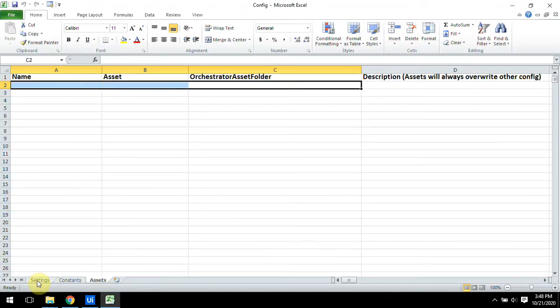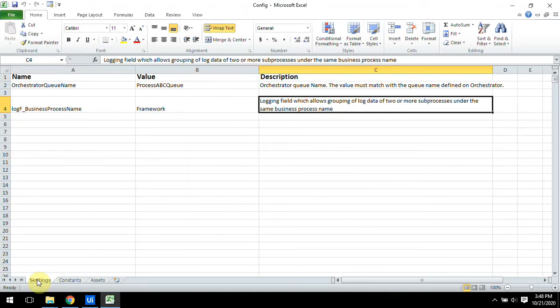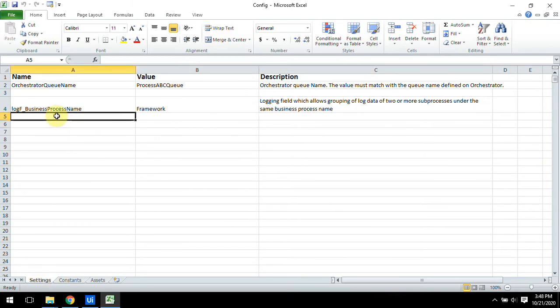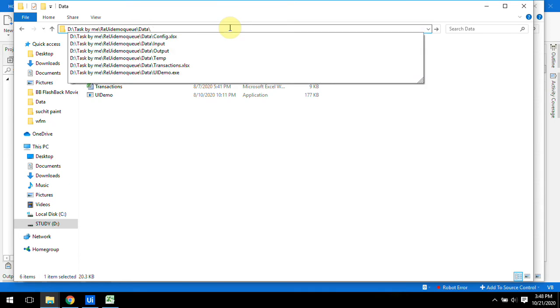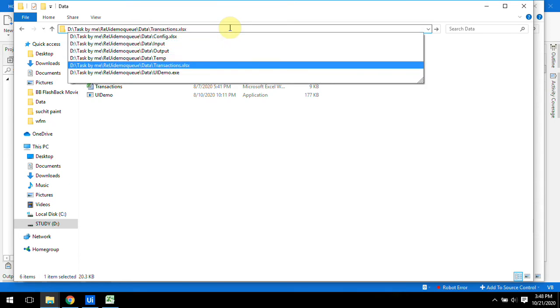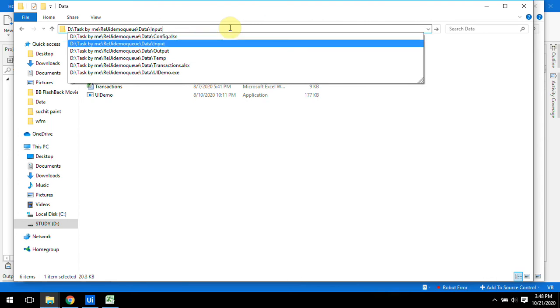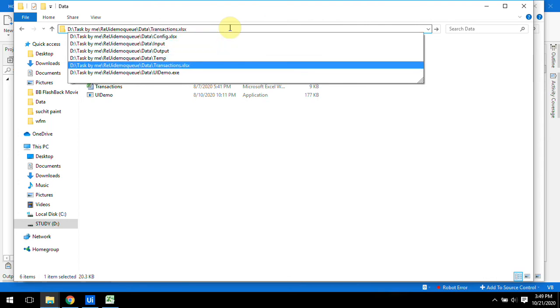And then the second task is configuration of your config file. In configuration, what you need first is the path of your Excel file, and second is the path of the UI demo. To get the path of your transaction, since we are in the data folder, there is no need to give the full path, just give data/transaction.